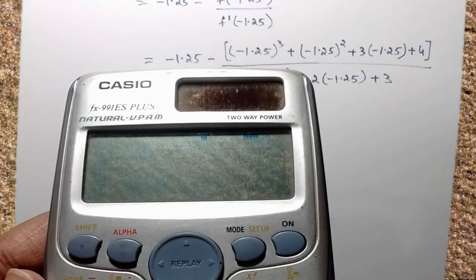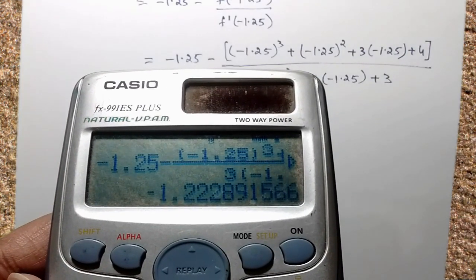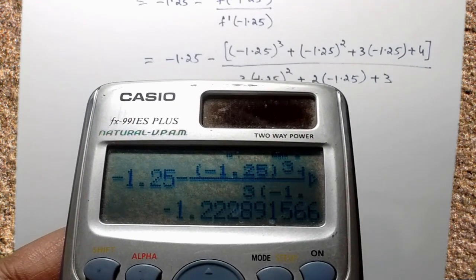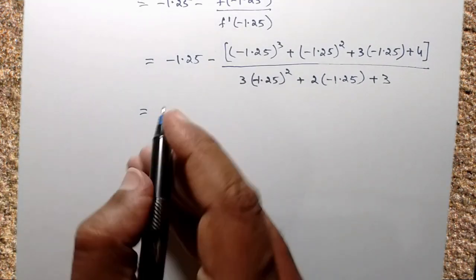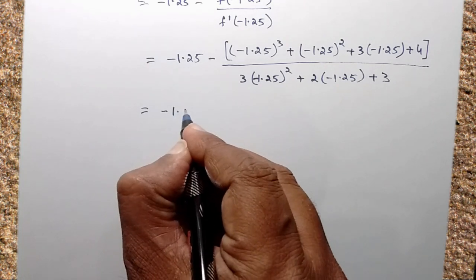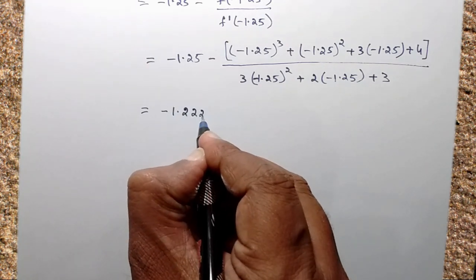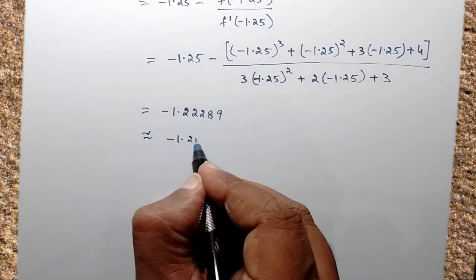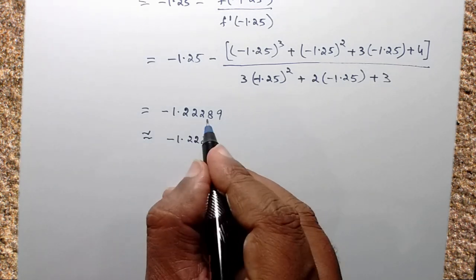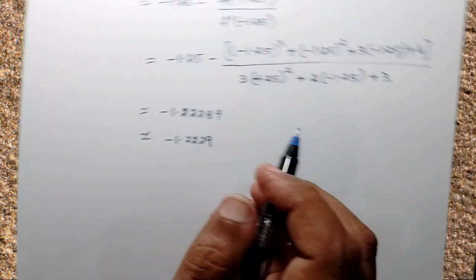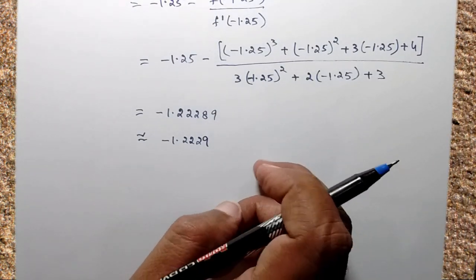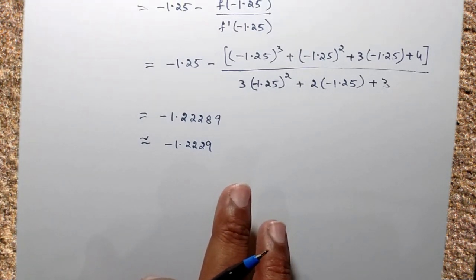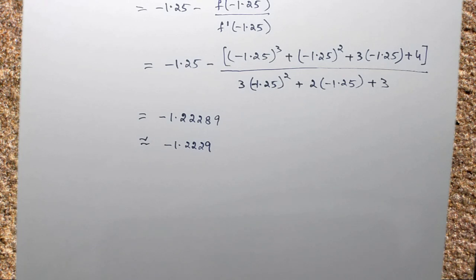So let us try to see what is the required solution. So you're getting minus 1.22289, or if you approximate, you can write down the solution to be minus 1.22289, or approximately, if you want up to 4 decimal places, minus 1.223, because 9 is there, if you cut off, the 8 will become 9 there. So this will be the required solution, because he is asking only 2 iterations. So at the end of 2 iterations, whatever the solution you have, that will be the required solution.